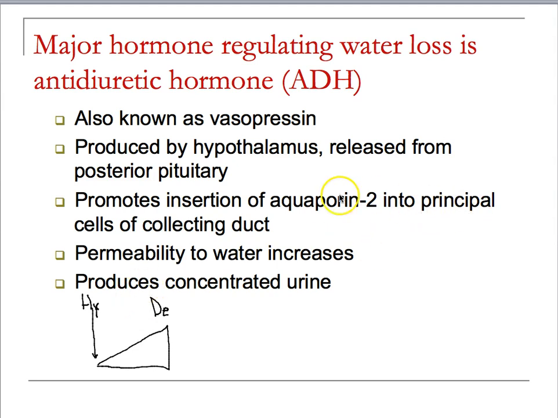Notice you need to see that for us to increase the number of aquaporin 2 channels that allow for the recollection of water, we are targeting a specific cell population. Nudge, nudge, hint, hint, wink, wink. That specific cell population are principal cells. So ADH targets the principal cells, transcription translation occurs, we make more aquaporin 2, and then what's going to happen is it's going to increase the permeability, and therefore we retain water,